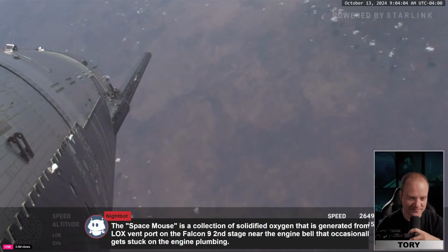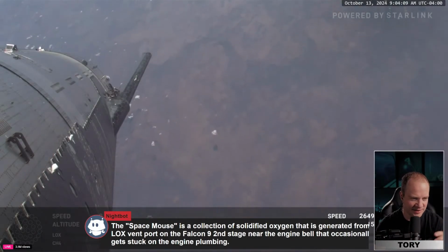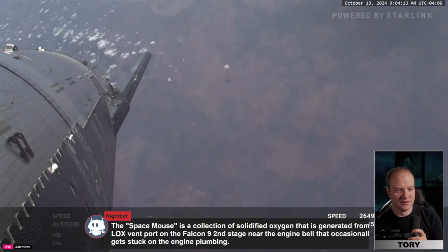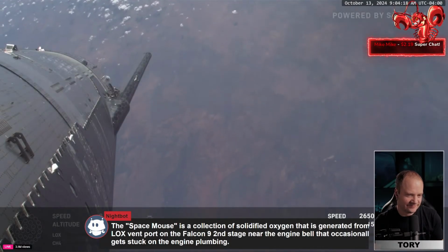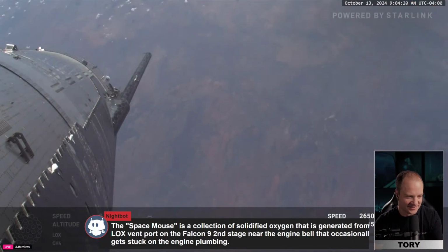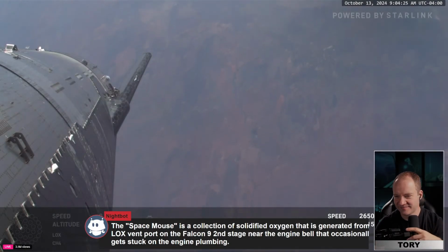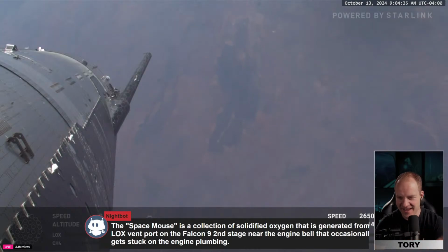I mean, I laugh about it, but the space mouse is basically just solidified oxygen that gets caught on some of the piping of the engine bell. It just gets stuck on the engine plumbing, and it's just a ball of solid oxygen that everybody said, see, it's a mouse, it's fake. Why? If they're so good that they can fake it, why would they not just edit out the mouse? I hate that. Anyways,